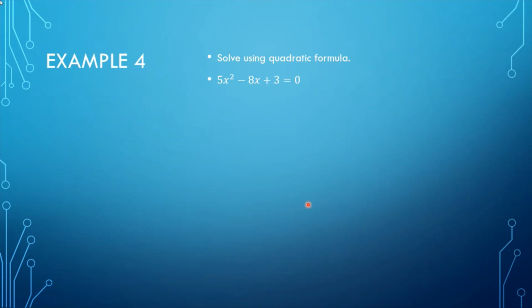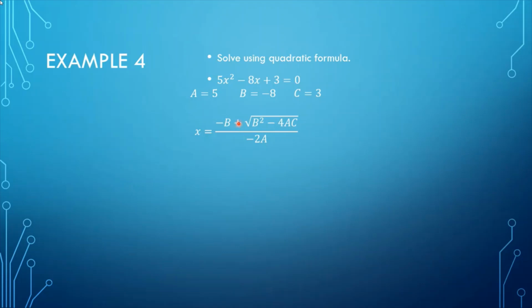So let's solve using the quadratic formula. First find your a, your b, and your c. So a equals 5, b equals negative 8, and c equals 3. Plug all of those into the quadratic formula. That's the quadratic formula. Negative b plus or minus,